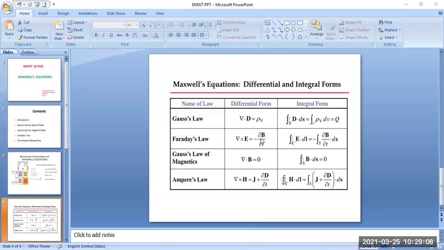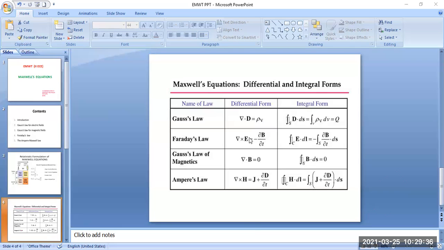Like that, we can apply Maxwell's equations for sinusoidal variations. That is, first of all, del dot D bar is equal to rho v. The second equation is del cross E bar is equal to minus dou B bar by dou t. Here, just replace dou by dou t with j omega. We get Maxwell's equations for the sinusoidal variation, or time harmonic field, or phasor notation.